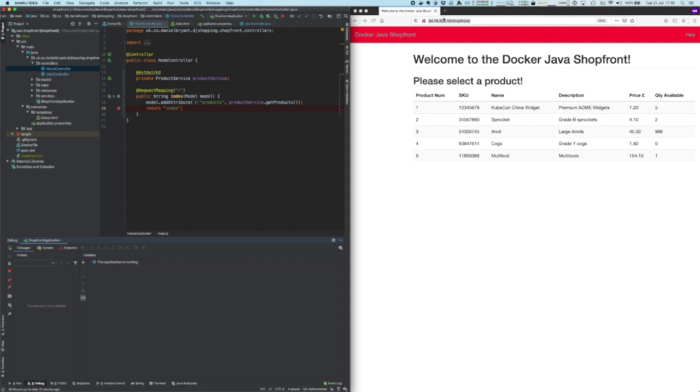This is still running against the remote cluster. So I'm making the call locally to a remote cluster. There can be many things in the mix here. I've got this one shopfront service running locally where I can inspect the traffic and manipulate the data. Imagine the debugging possibilities. If I'm not sure what's coming from my upstream services, I can do exactly what I've done here with the shopfront: put a breakpoint in, inspect it, change the values. I can iterate very fast on my shopfront app here.